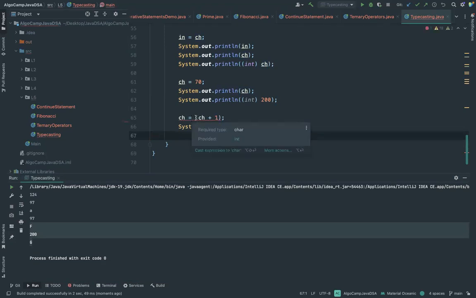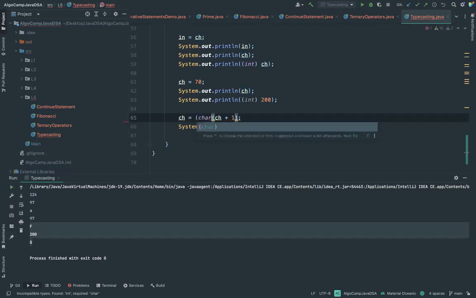Then Dinesh, you see, it will be a wrong output. This is something of a character, this is something of an integer type, and then you are trying to put it into a character. This is again the typical case of the variables not being compatible with each other, right? You are trying to put something in a character container, which is of the type int. Correct? So it will not work. That is why you need to do the typecasting over here. Because this is of the type int and this is of the type character, you will either face an error or you have to do explicit typecasting,